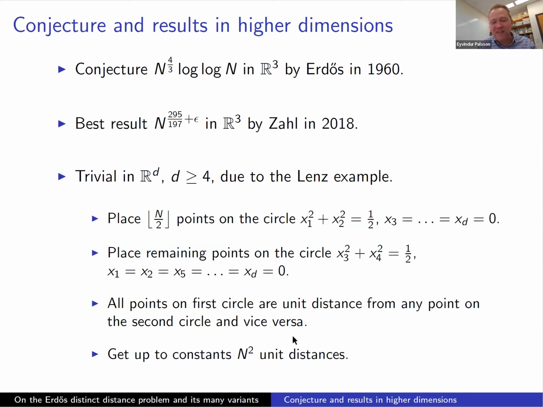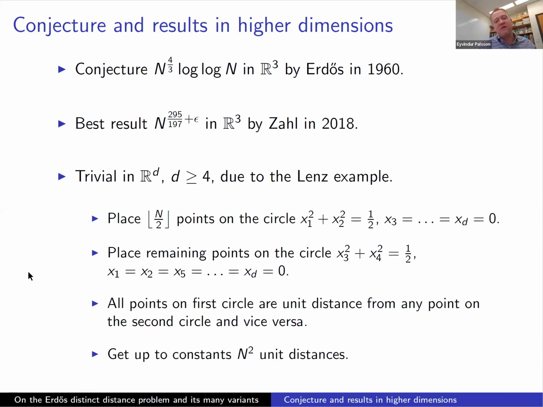And so you'll quickly see that you achieve on the order of magnitude n squared unit distances. This is called the Lenz example, due to Lenz. So in 4 dimensions and higher, without further restrictions, the problem is trivial. But let me grant you that in this construction, you're fixing your points to sort of one-dimensional things. So I am quite interested in this problem in higher dimensions if you put some non-degeneracy